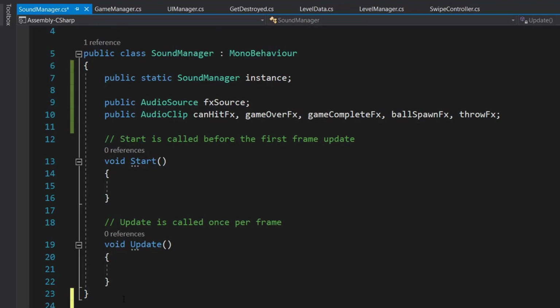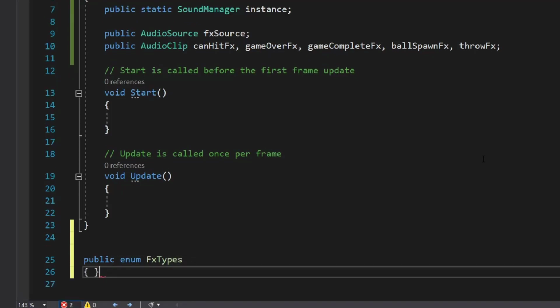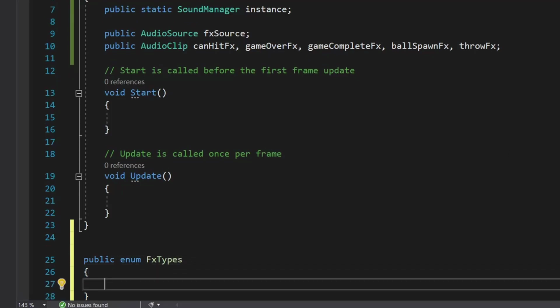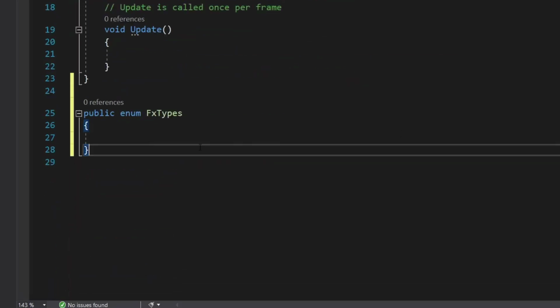And to decide which sound effects to perform, we need an enum. So we will create a public enum, and we will call this effects type, and inside these effect types we will have, let's copy this, same thing, nothing different.